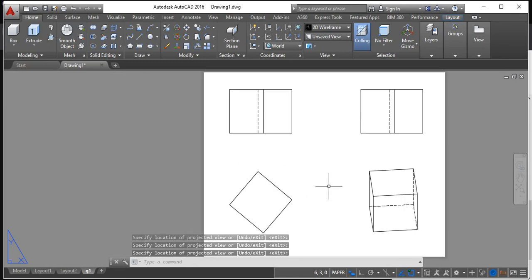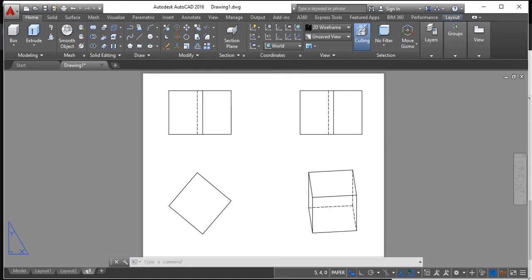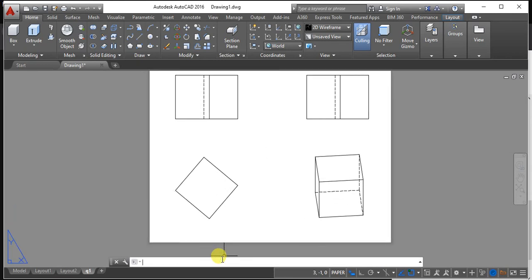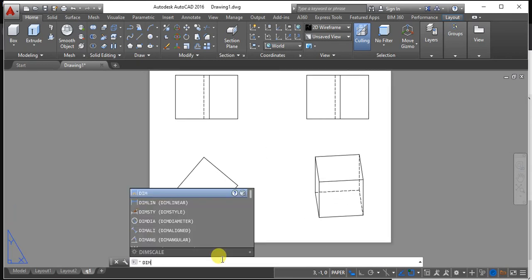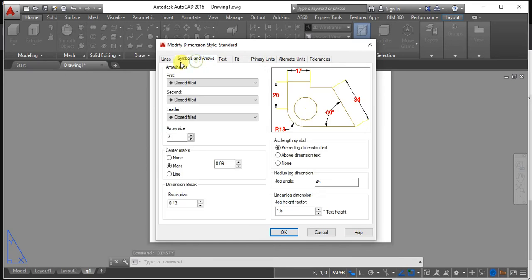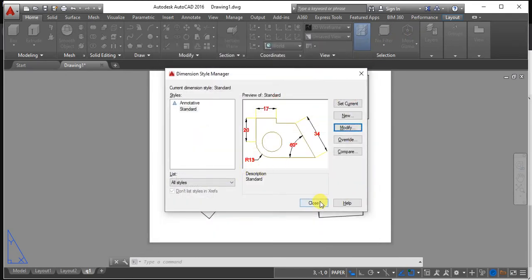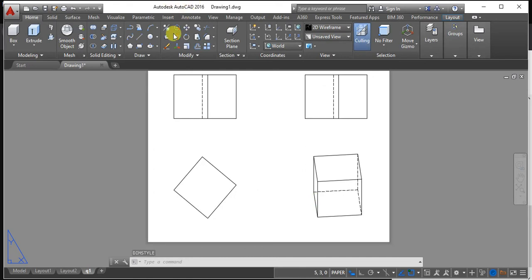Now how to do dimensioning for this? Only in the top view you can visualize most of the dimensions. So before that, use the command dim style and adjust the parameters. Modify, use. All these things are modified already, so you can just start dimensioning. First I have to make an angle. So draw a vertical line to some length, let us say 5, and then the angle is 90.